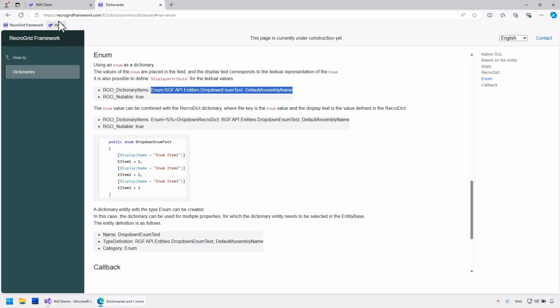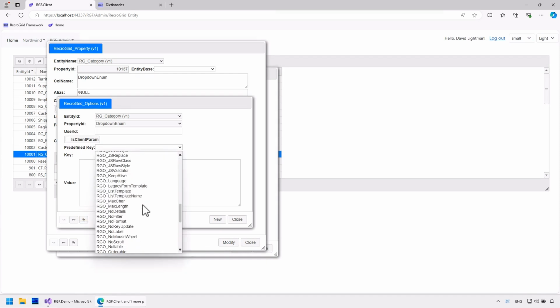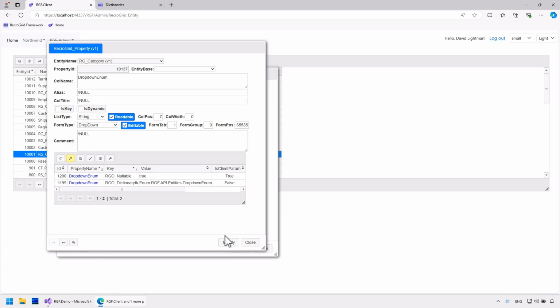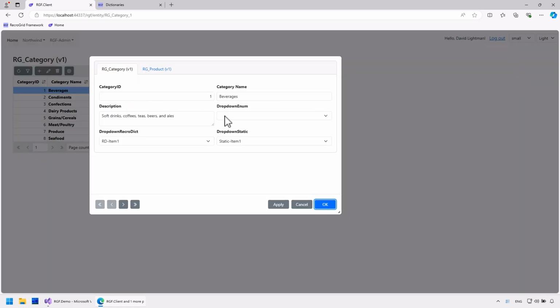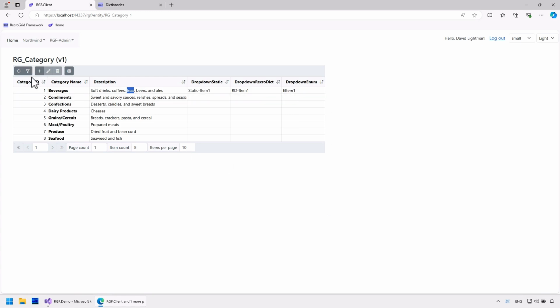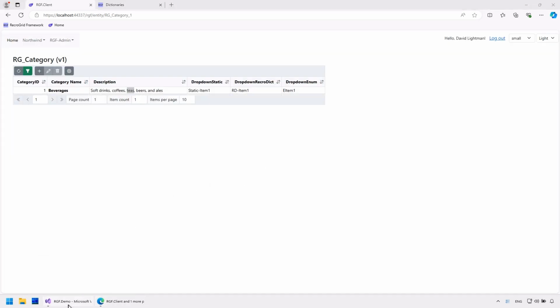In this case, the elements must be defined with the enum prefix, specifying the enum's assembly qualified name. This field is also not required. Let's try it. This also works perfectly.